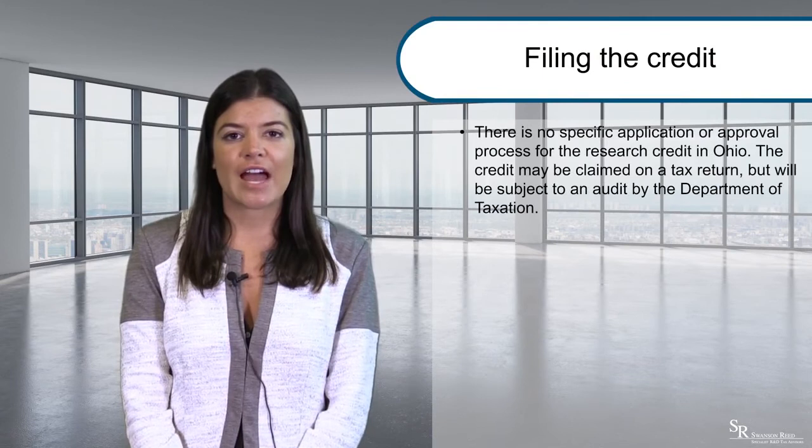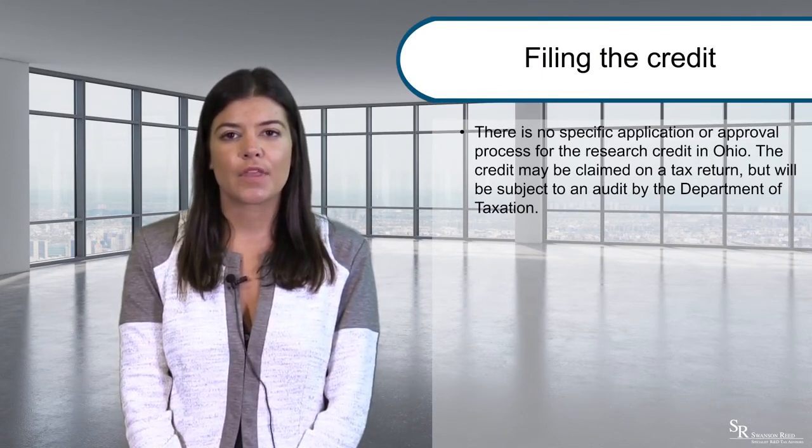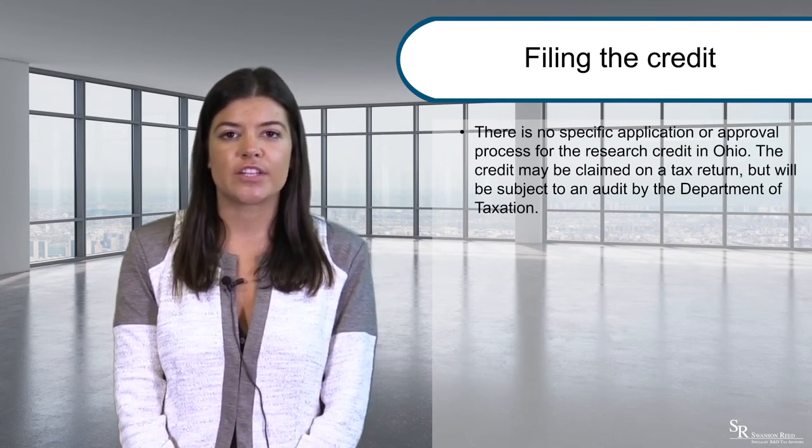There is no specific application or approval process for the research credit in Ohio. The credit may be claimed on a tax return, but will be subject to an audit by the Department of